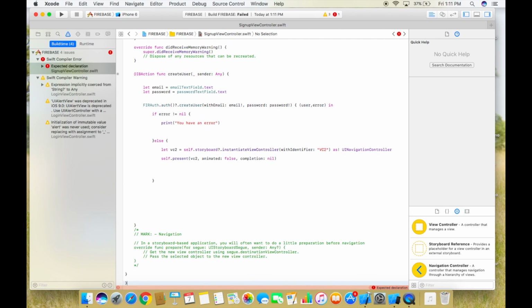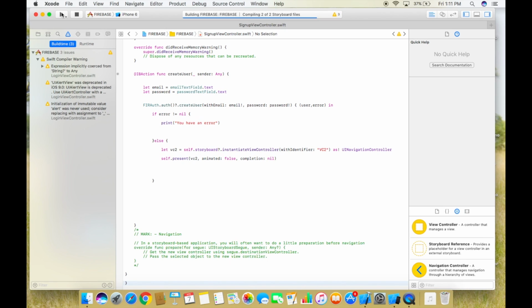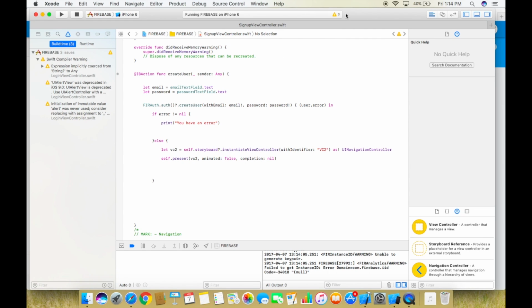We need to just add one more bracket here. Now let's run it, and we're going to try to create the user. Alright guys, so I actually tried to run it and it wasn't saving my users, and for a second I